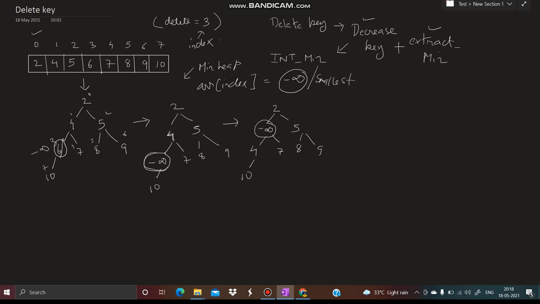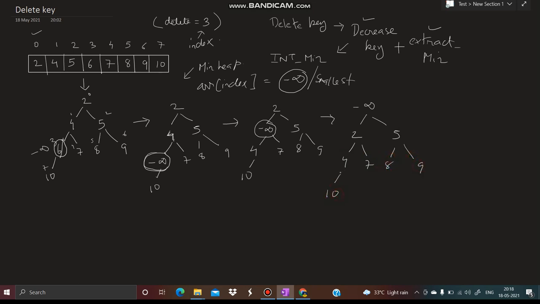That's why I'll be swapping 2 and minus infinity, because the parent value 2 is greater than the child value. If the parent value is greater than the child value, in the case of min heap, we need to swap those values. So minus infinity will be on the top. Over here 2 will come, then 5, 4, 7, 8, 9 and 10.